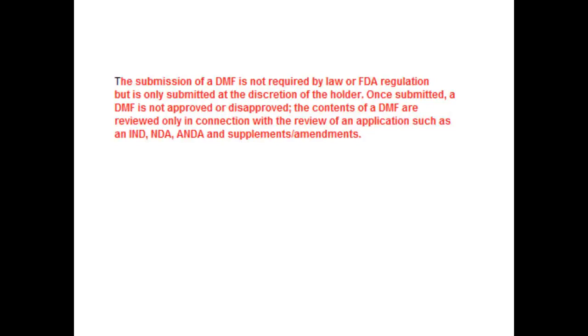If an FDA reviewer finds deficiencies in the information provided in a DMF, a letter describing the deficiency is sent to the Drug Master File holder. FDA will also notify the person who relies on the information in the deficient Drug Master File that additional information is needed in the supporting Drug Master File. FDA discusses requirements for filing a Drug Master File under the Code of Federal Regulations, that is known as 21 CFR 314.420, or application for FDA approval to market a new drug.